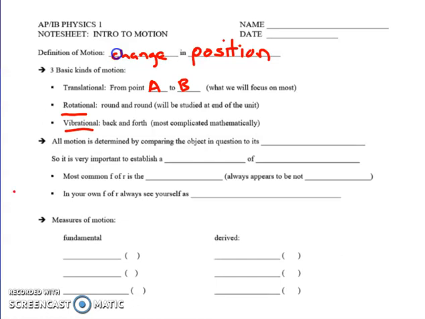Now, this is the part I really want to focus on, okay? How do you determine if something is moving or not? You do that by not looking directly at the object itself. If you could only see the object and nothing else, you have no idea if it's moving or not. You have to look at the object relative to its background. Okay? So you're looking at what's underneath, behind, above the object,